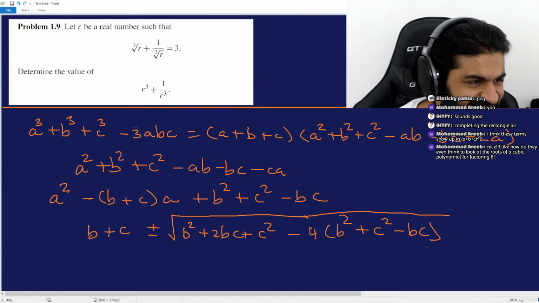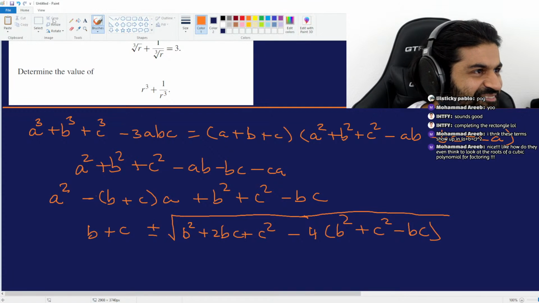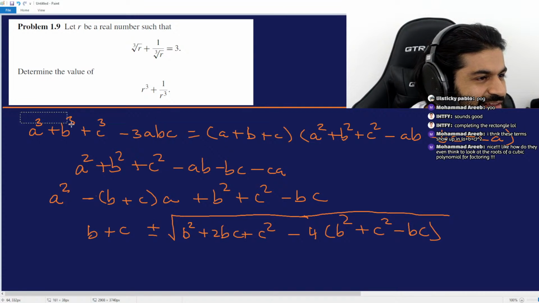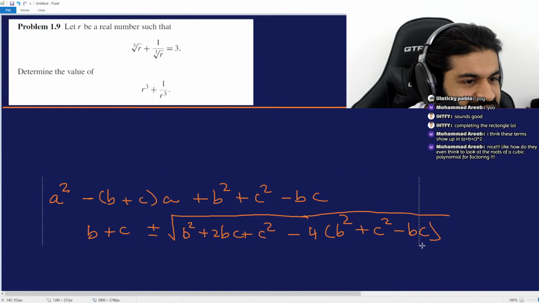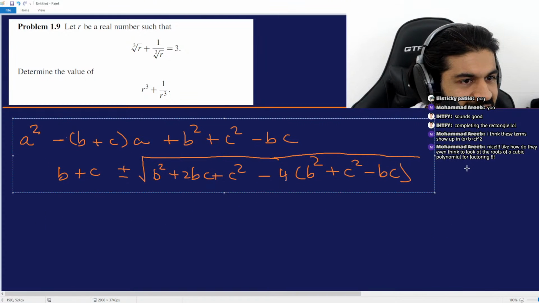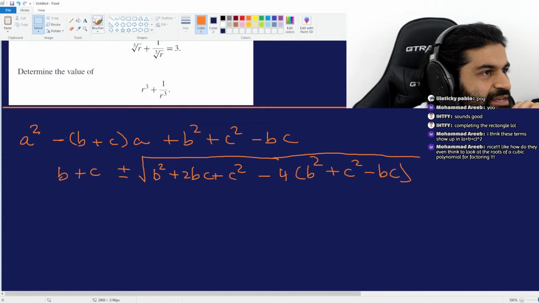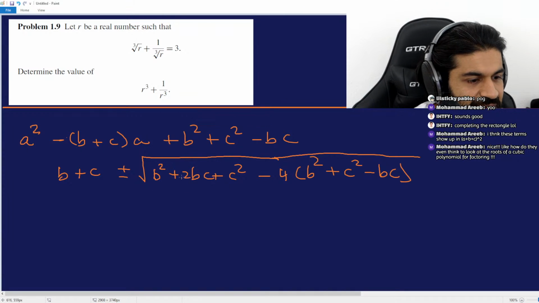I swear this is going somewhere pretty, even though it looks kind of like a mess. But let me just make a little bit more room for myself over here. Okay, so this is the thing we're examining, and this is what we are looking at. So you might notice that this thing,